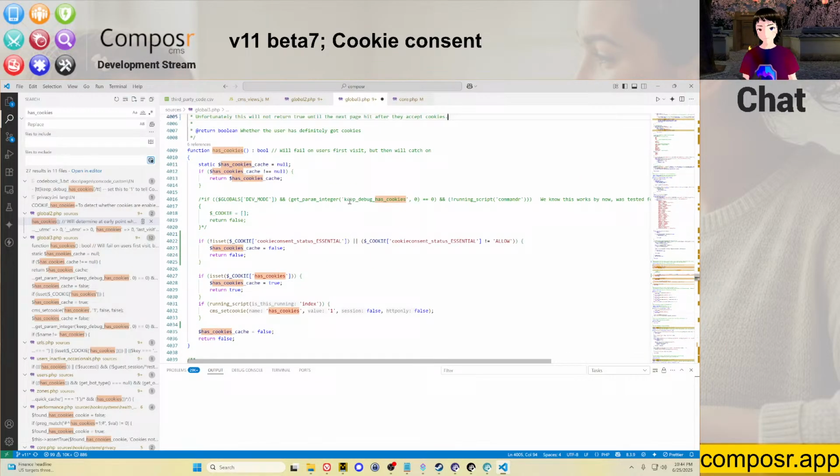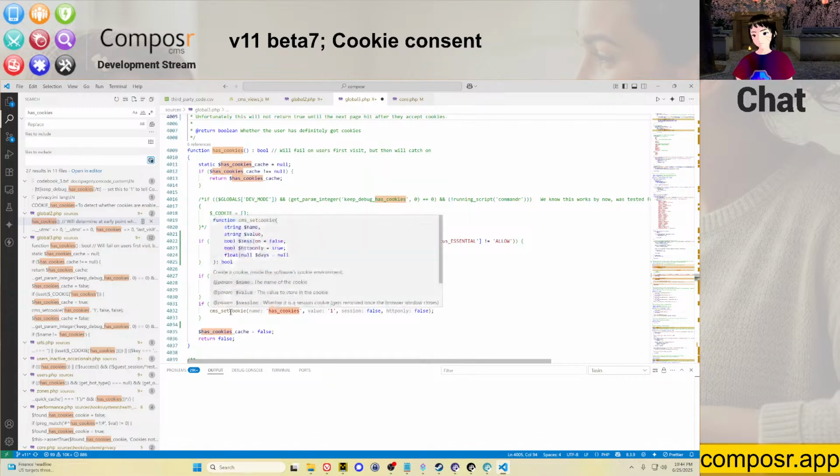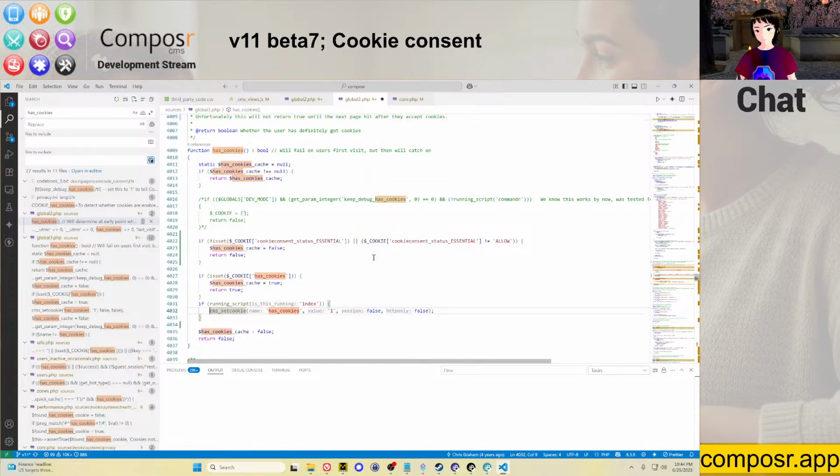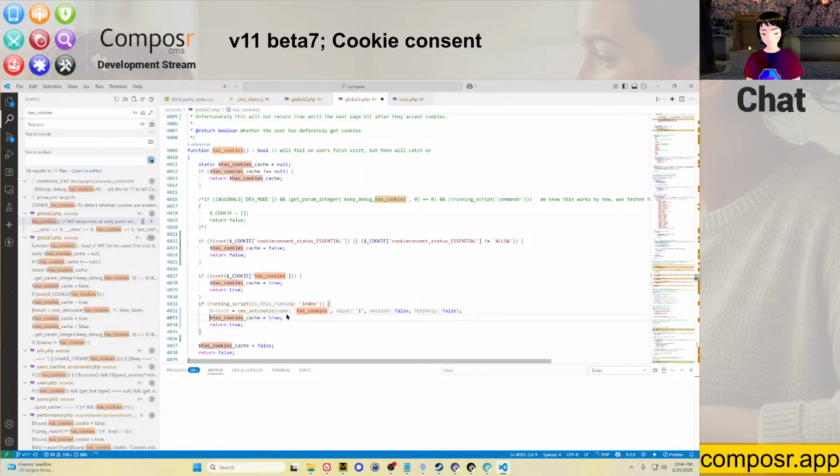Ooh, that's, nah. Will this return the result? We could do this. I mean, it's rudimentary. It's not going to be entirely accurate, but